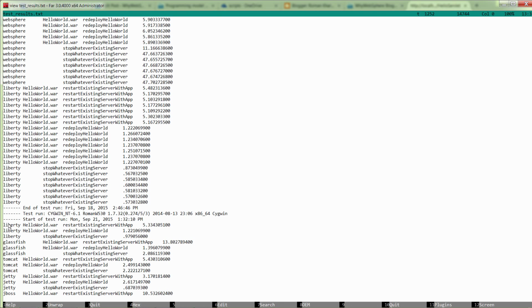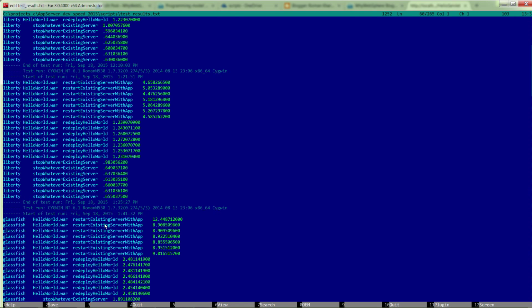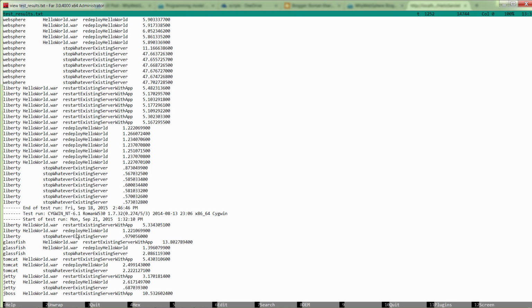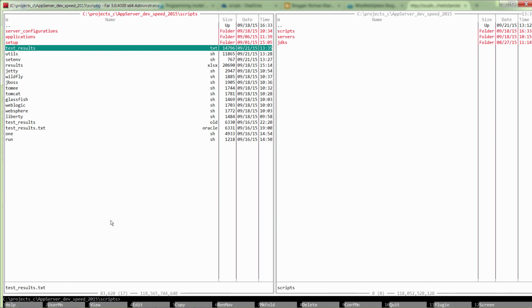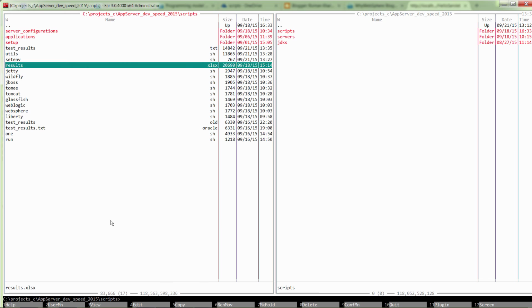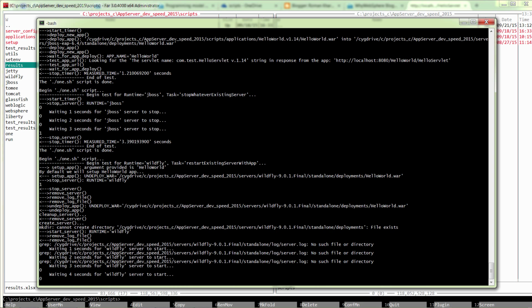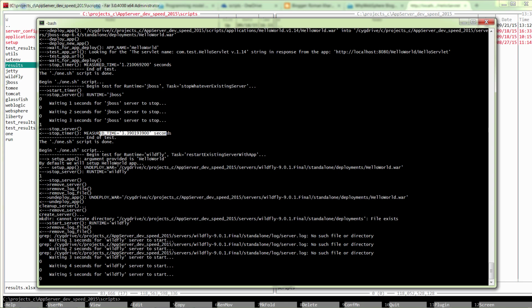So you could see Liberty results: restart server, redeploy application, and stop server. So you could see the times that it takes for every server. And then what I can do is just open the Excel spreadsheet and copy paste those results. And you could see it shows the measured time,